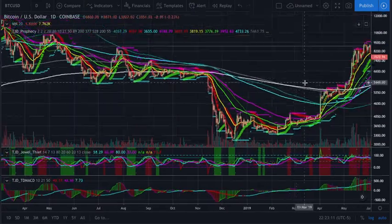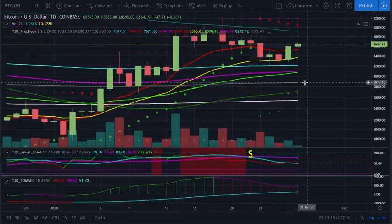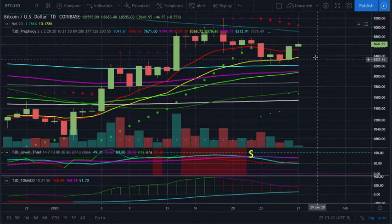Death cross, and that's it. Golden cross, fake out to death cross. And this looks dangerously close to a golden cross, fake out to death cross. So if we sell off at all on here, if we even start coming down,